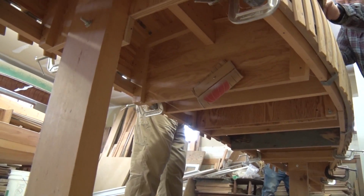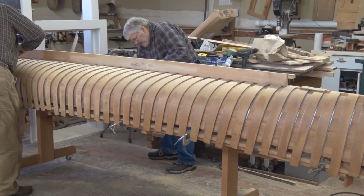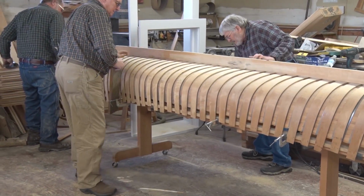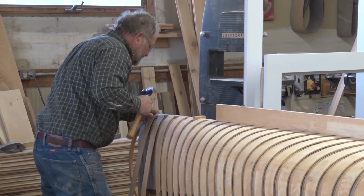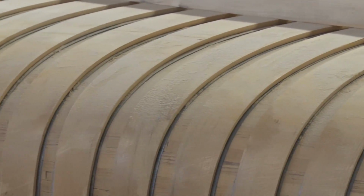My father's been passed away about 20 years ago. I didn't know what was going to happen with his old shop, so the sentimental value of the molds and the tools and the material he had stockpiled led me to bringing it over to my shop. And my son Joe and I